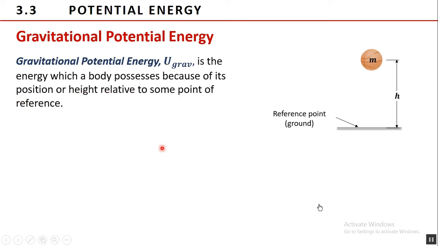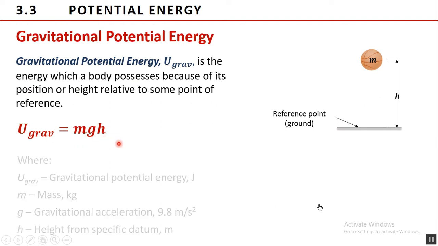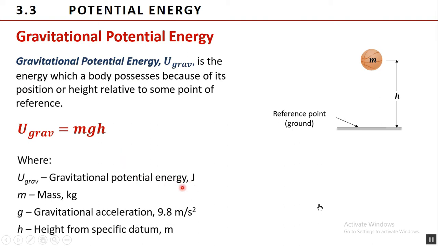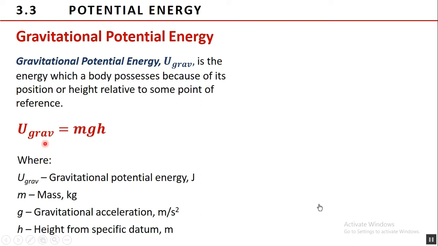For an object located in a small region near the Earth's surface, gravitational potential energy is expressed as the product of mass m, gravitational acceleration g, and height h. The SI unit of gravitational potential energy is the joule, for as long as mass is in kilograms, g is 9.8 meters per second squared, and height from a specific datum is in meters. From this equation, we see that the magnitude of potential energy of a body depends on its height relative to